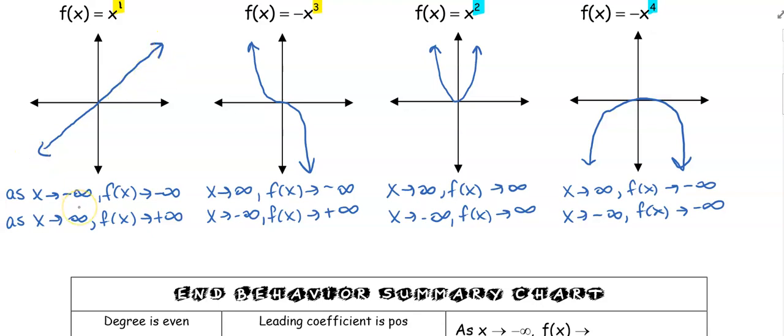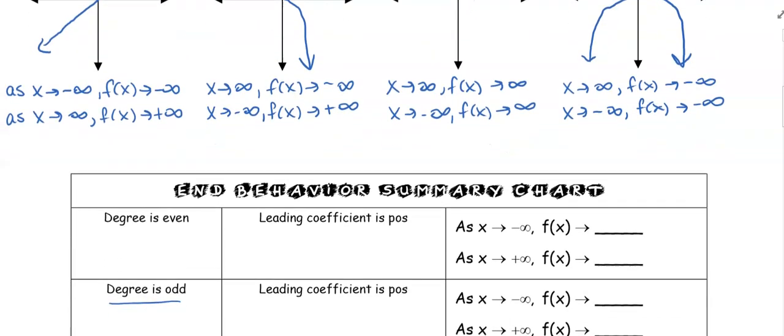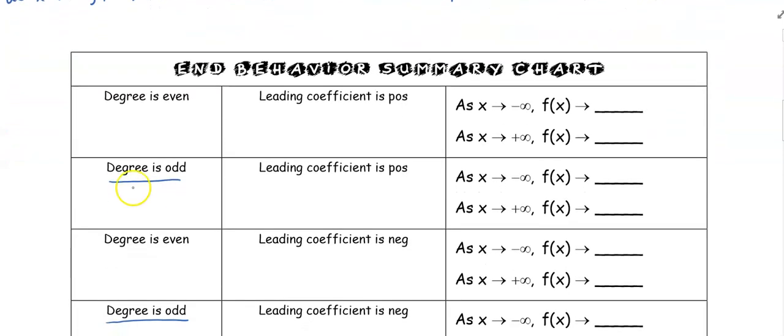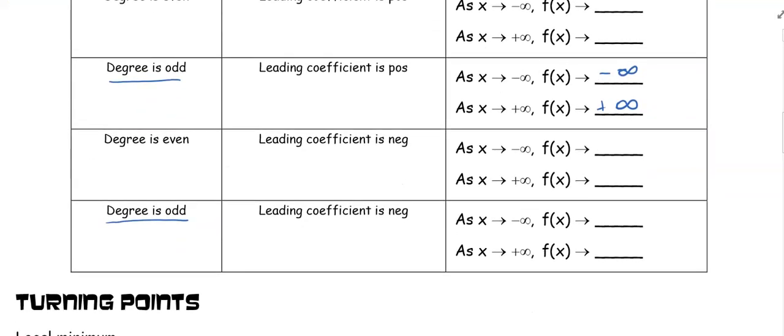So negative, negative, positive, positive. So if the degree is odd and the leading coefficient is positive, as I look left, it goes down. As I look right, it goes up. The opposite is true when the leading coefficient is negative. When I go left, I go up,